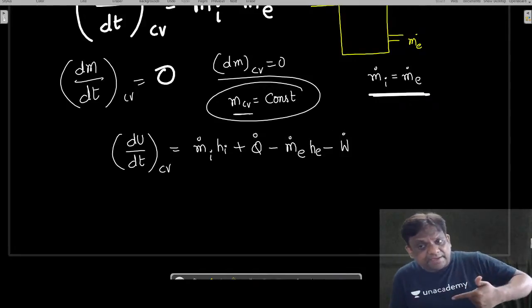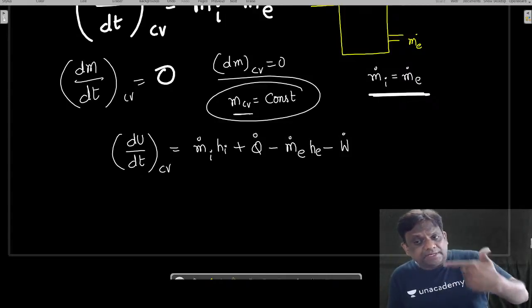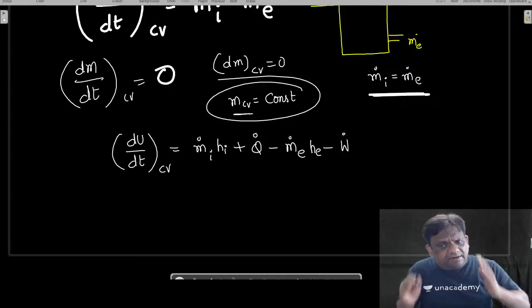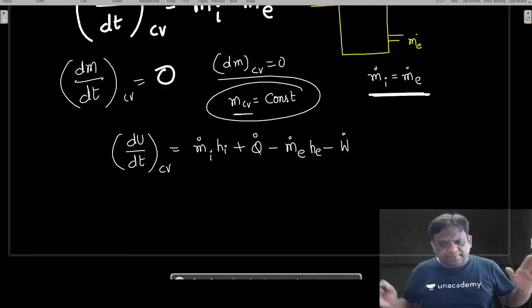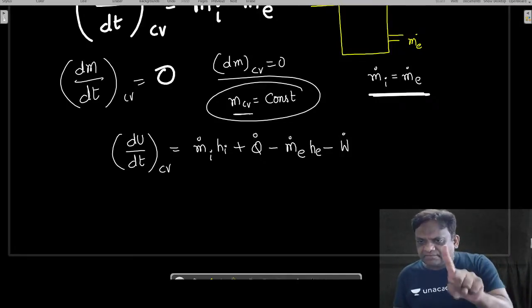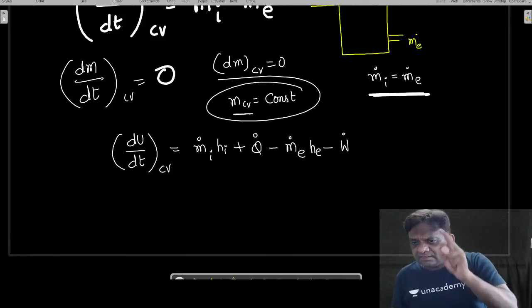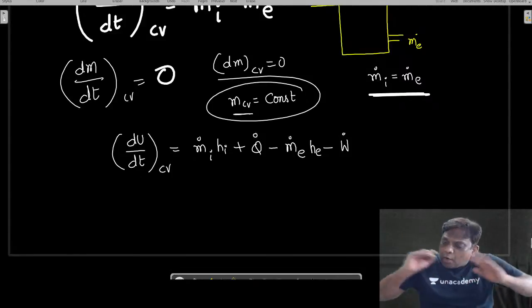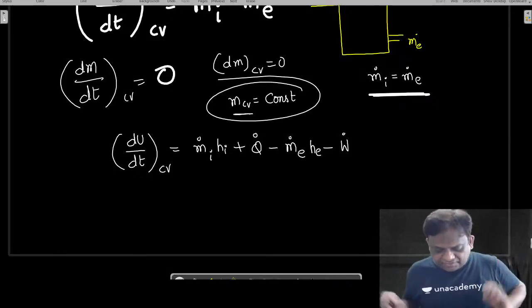Some of the students may get confused. Sir, where are you getting these equations from? Already I have derived my regular equations in thermodynamics. Yes or no? I gave you two weapons. One is conservation of mass. One is conservation of energy. This is a wonderful question, my dear friends. After we finish, you will appreciate the beauty of this question.